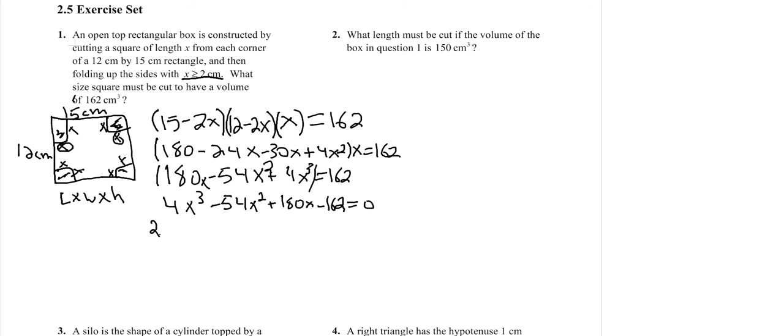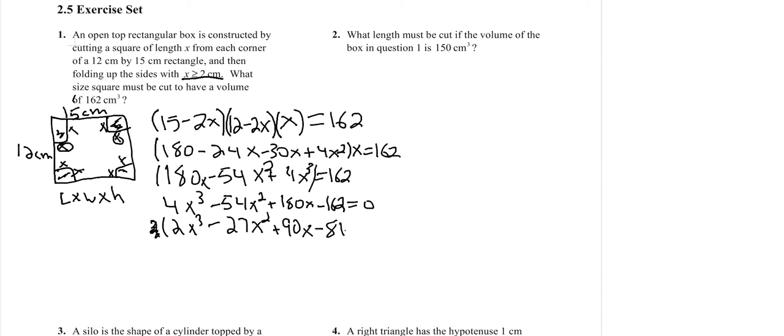You don't really need to put the 2 there because 0 on the other side is gone. Oops, not 54, I'm dividing that by 2. I erased 54 there accidentally. Okay, so now we have 2x cubed minus 27x squared plus 90x